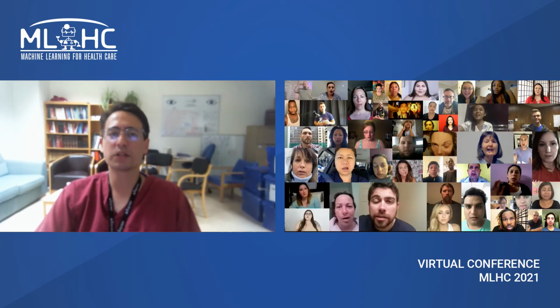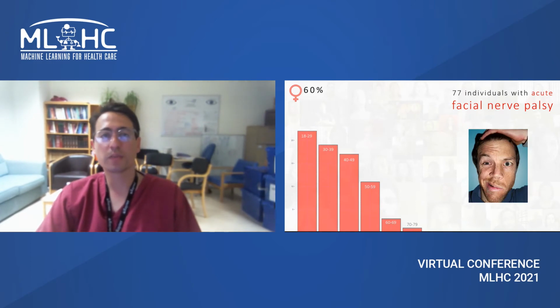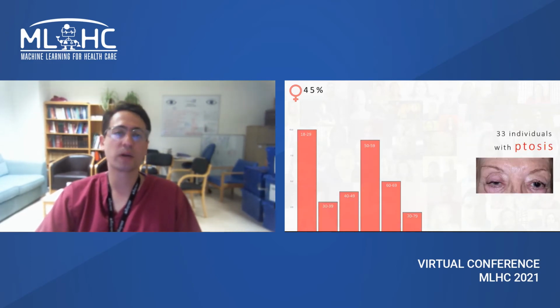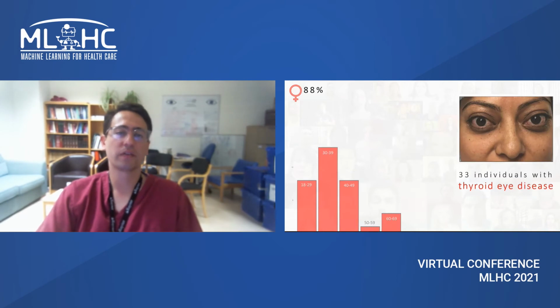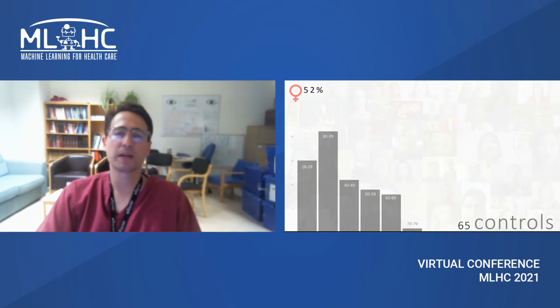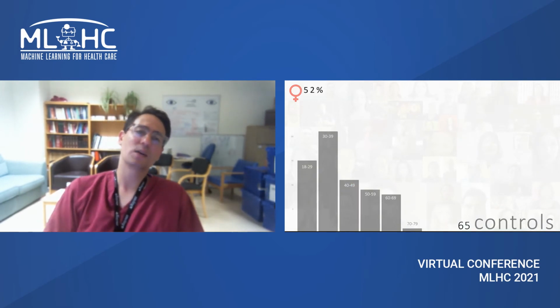In this pilot study, I first curated a data set of consumer-grade online videos. Those are patients with facial nerve palsy, ptosis or a droopy upper eyelid, and thyroid eye disease, and then a bunch of controls to compare these patients with. And as a test of validity, I wanted to see if the program behaved as expected when comparing these different